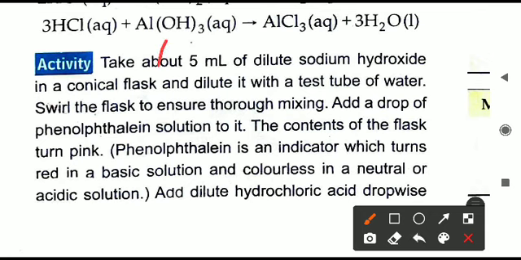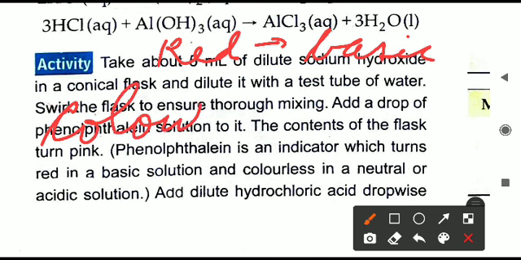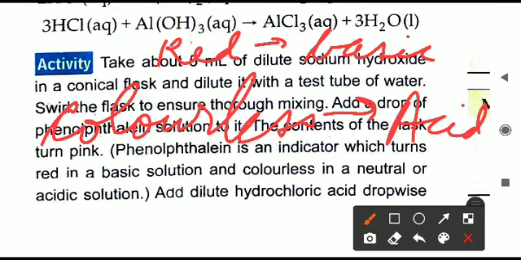Here we can write for more clarity. Phenolphthalein is red when the solution is basic. Phenolphthalein will remain colorless, it will not change any color. Phenolphthalein is colorless only, it looks like water only. It will not change its color if the solution is acidic or if it is neutral. So what we are able to identify by phenolphthalein is whether the substance is acidic or basic. If no change is there, then it is acid. If any change to red color is there, it is basic.